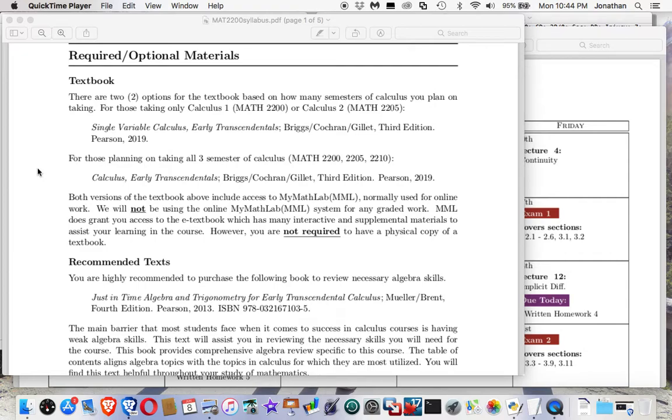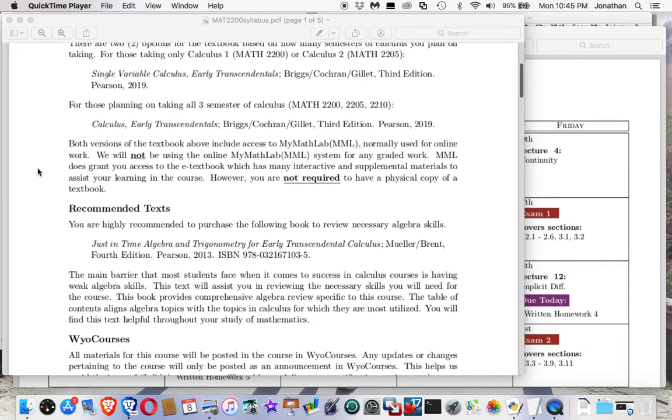We have a textbook, but it is optional. The textbook that I'll more or less be working from is Calculus Early Transcendentals by Briggs, Cochrane, and Gillette. They released a third edition last year, but if you have a prior edition, that's not a big deal. And if you don't get either edition, it'll be okay. The textbooks do come with access to MyMathLab, which would be useful if you're planning on doing Calc 2 or Calc 3 in the fall. We won't be using any of the online product, but that would also give you an e-textbook as well.